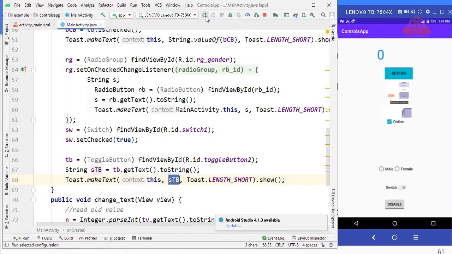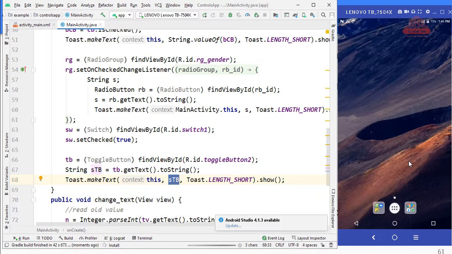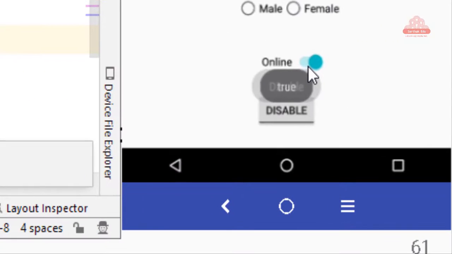Let us see how it is going to look and behave. Here I am going to execute this program, and let's see how it looks. Now you may see the code displayed on the screen. Here it is online by default, because you already mentioned true, and when I click on these buttons it will be off and on in this way.